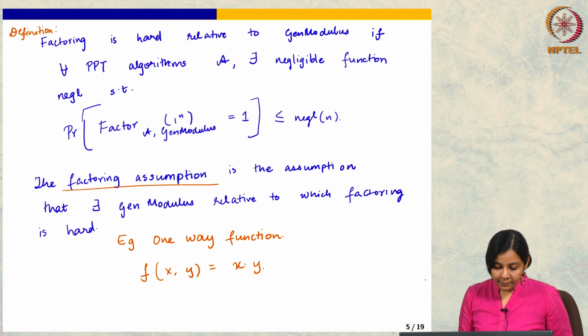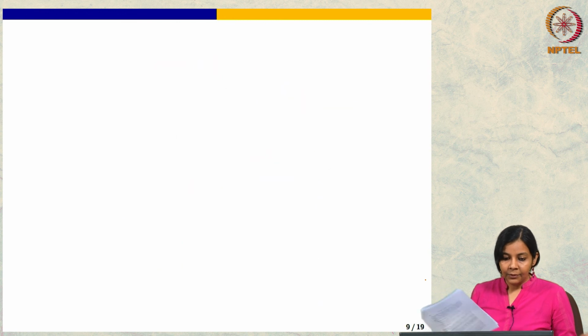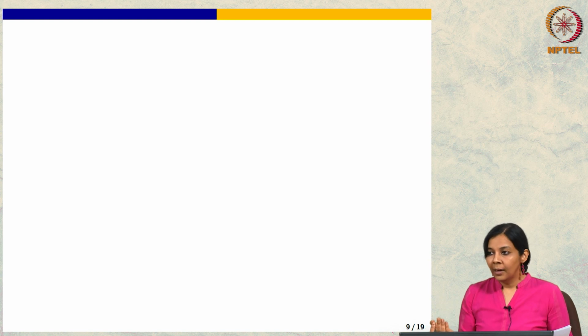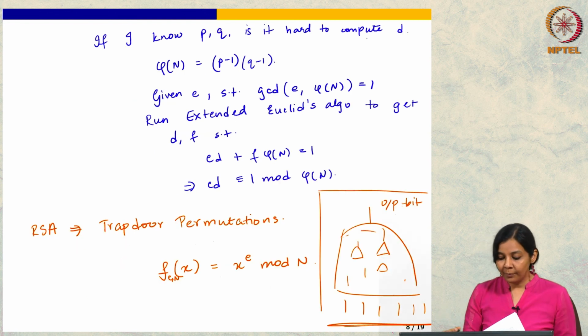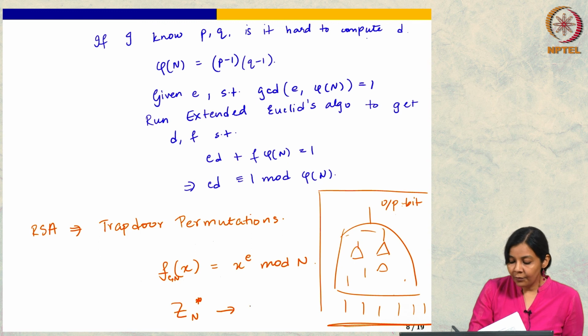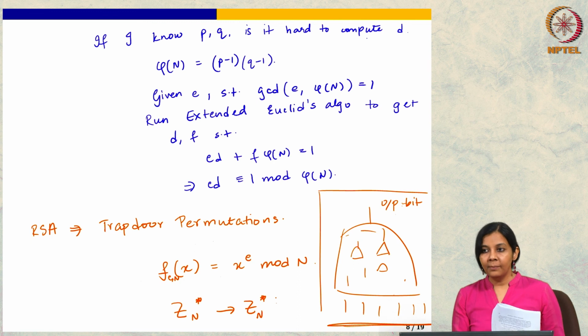Now, the other family of problems I wanted to show you were the discrete log based problems. Let us very quickly define that. So far we got a one way function and we got a trapdoor permutation. By the way, of course, we have not defined these trapdoor permutations rigorously, we will do that. But notice that this function is from Zn star to Zn star. So, you still have to establish it is a permutation, but at least the domain and the range are the same, which is a minimum thing that you need.